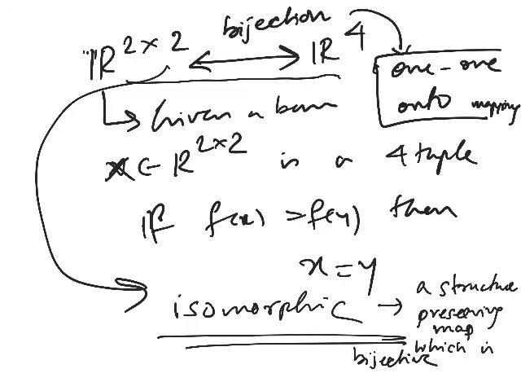I don't have to keep thinking of 2 cross 2 matrices. Instead, I can think of 4 tuples. Similarly, suppose you are having an n-dimensional vector space, irrespective of what the nature of vector is, given the basis, I can map it to Rn, assuming that everything is real. So instead of working in the space of n cross n matrices, I can as well work in the space of Rn squared. Rn squared is very familiar to us. It is a set of column vectors. Once the basis is given, I can always have a single notion for a vector which is an n-tuple.